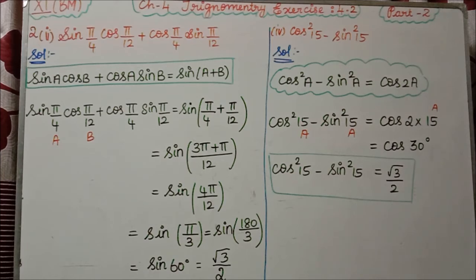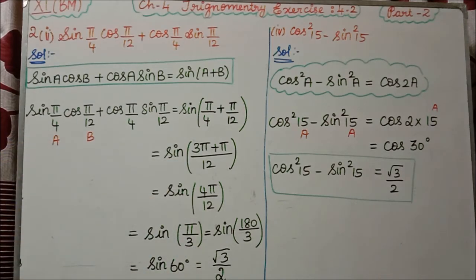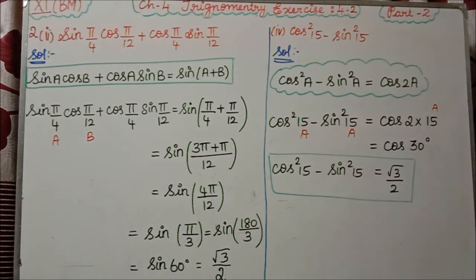Okay, we know the pi value is 180 degree. So in the next step, sin 180 degree by 3. If you divide 180 by 3, how many times will you get? 6 times, so you write the 0. So sin 60 degree you will get. Here if you divide 180 by 3, you will get 60 degree. What is the value in the tabular column of sin 60 degree? Which is root 3 by 2. That is the answer for the second question, second subdivision.